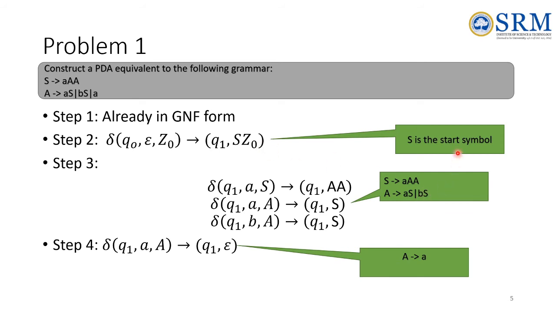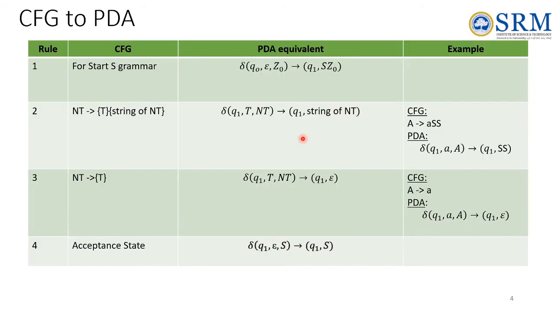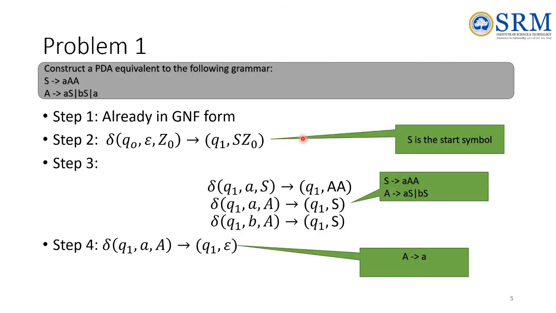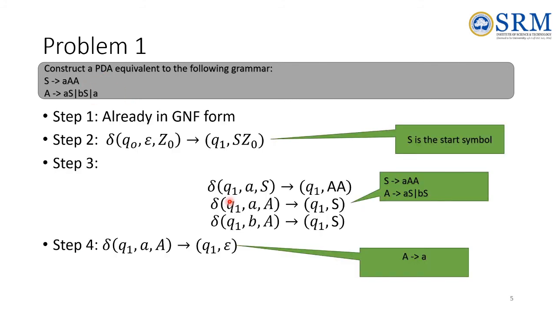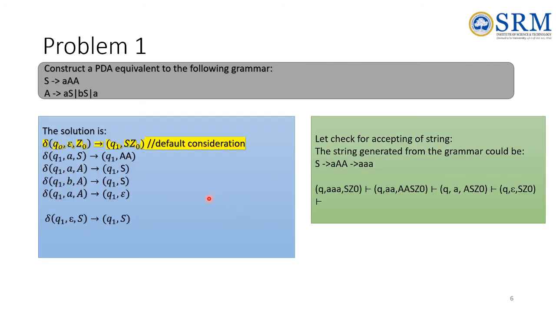See, by seeing the grammar and the rules given by the theorem, you can simply write the notation. So in this way you can convert a grammar into a PDA. Even though there are many shortcut methods of doing it, the proper way of converting a grammar to a PDA is only through this. Why do I say this is the only proper way? For the PDA I just wrote over here, this is my start symbol and these are my moves.